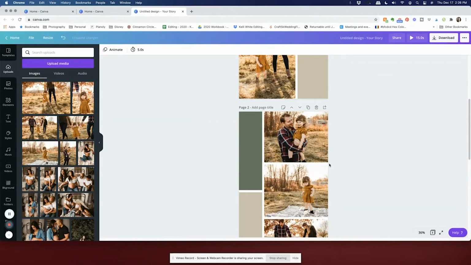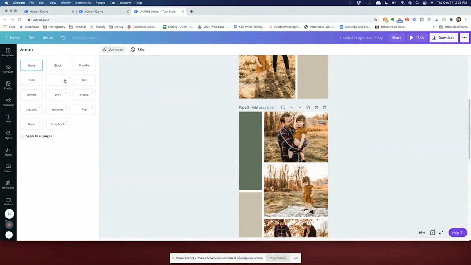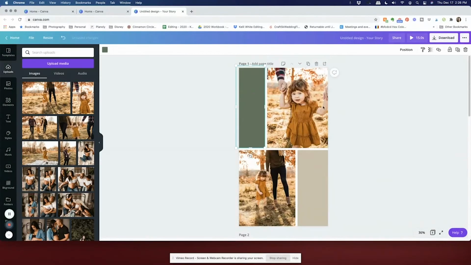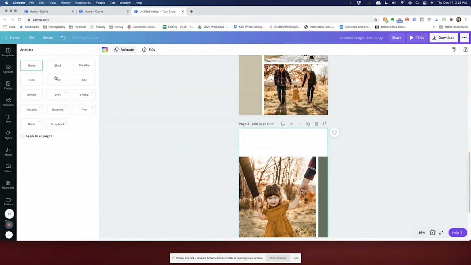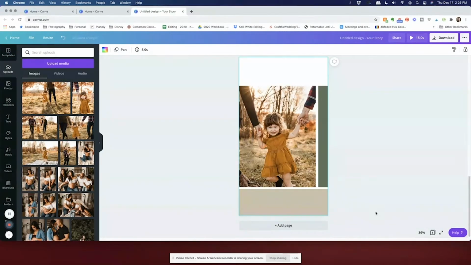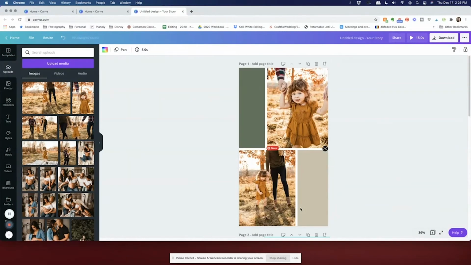Okay, and then you just need to go through and make sure each page has the animation set. So I think we've decided pan. This one, yep, is pan, and then we'll do the same thing for this one. Perfect. Okay, and the last couple of things here, you can see it's green and this beige color, and ideally